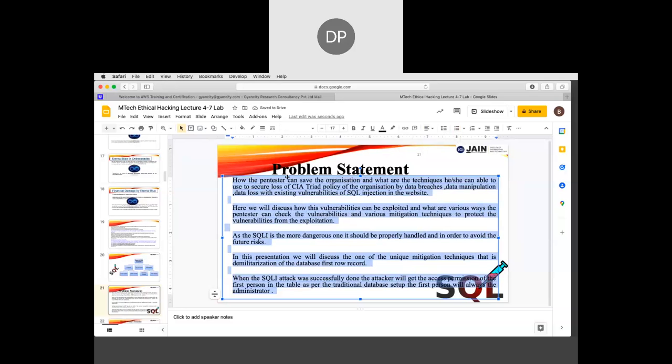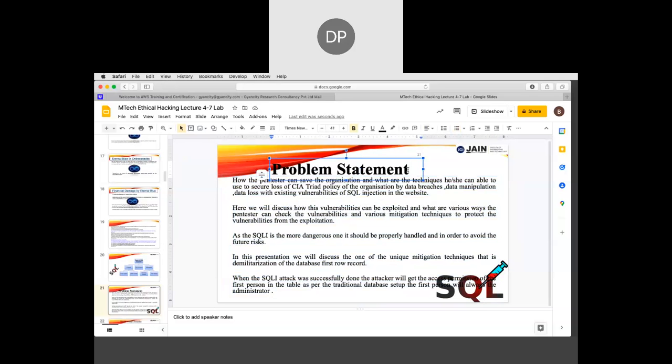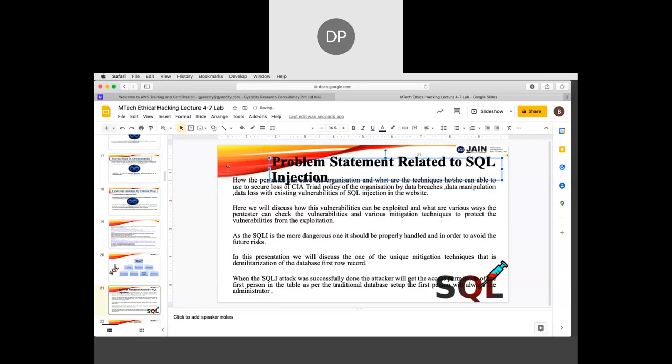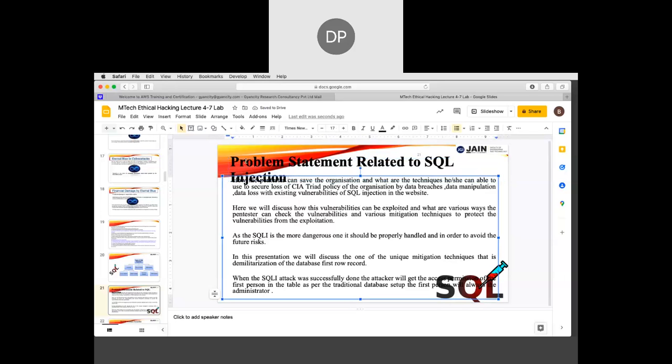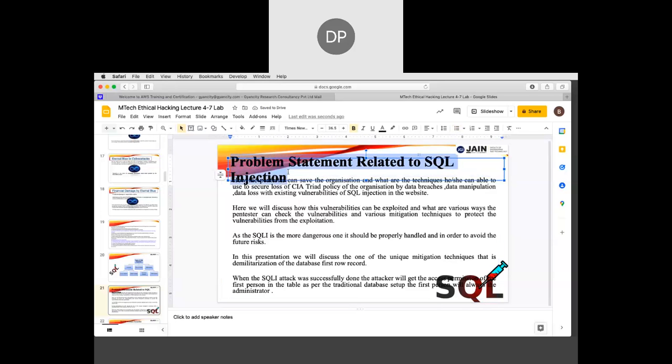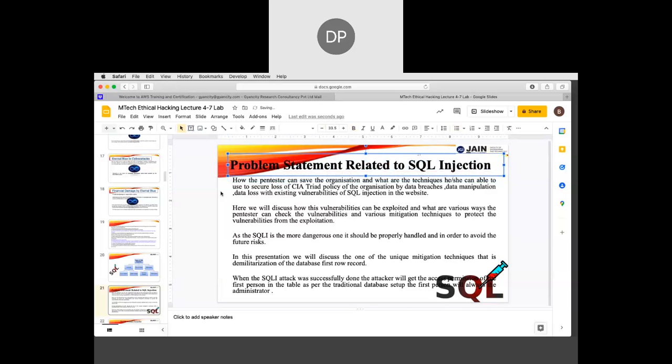How can the pen tester save the organization, and what techniques can he or she use